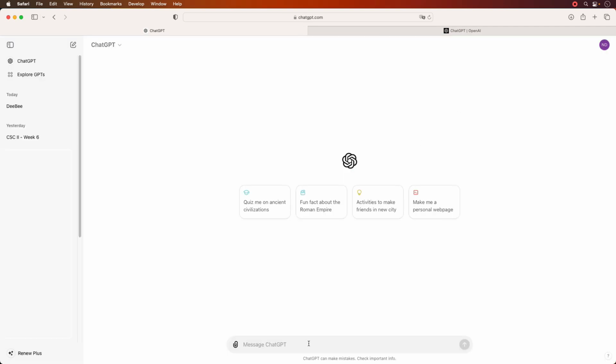So here in the prompt I can type anything that I want. I can also attach files to it if you want to have it analyze a picture or review a text document. Again, the options are pretty much limitless. So this is the generic ChatGPT, and if you want something more specific, you can click on Explore GPTs,